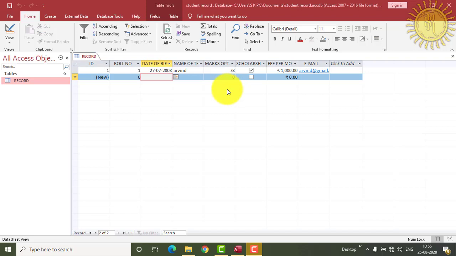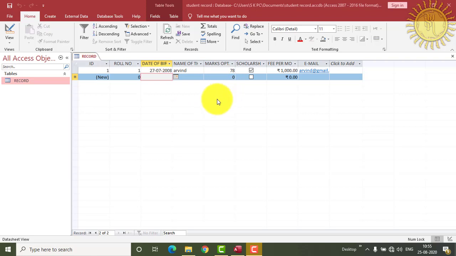Now our next and last topic is editing record in a table. So it is very simple to edit and change any of the data in this data sheet view.